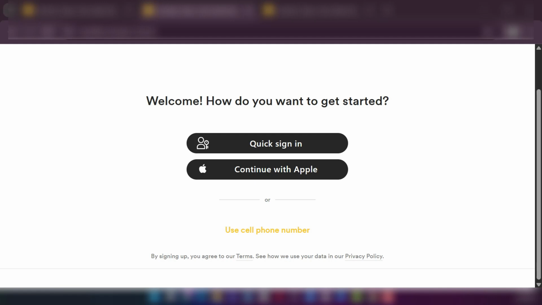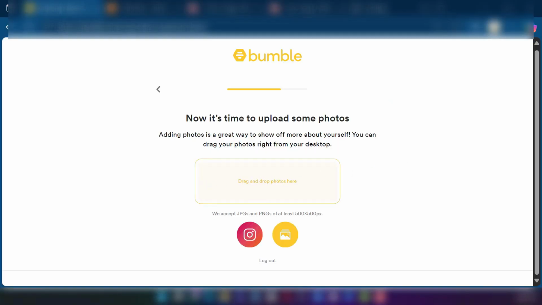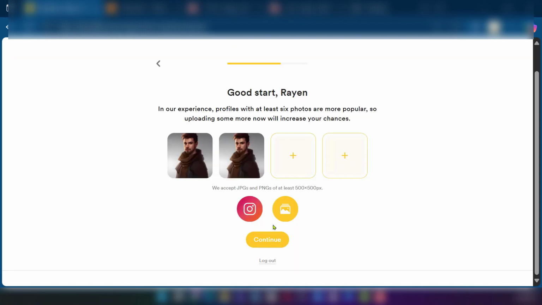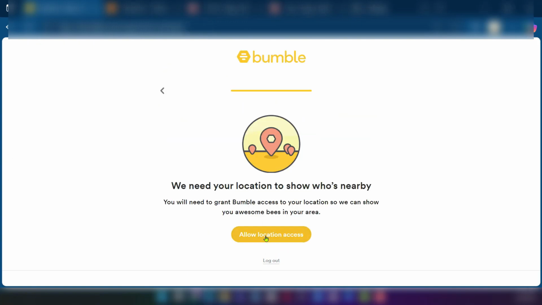After putting in our Apple details, we'll be taken to this page. Now here, you'll need to upload your photo. We have the option to drag and drop photos, so we're going to do just that. And after you've added your photos, we're going to go ahead and click on continue, click on allow location access,